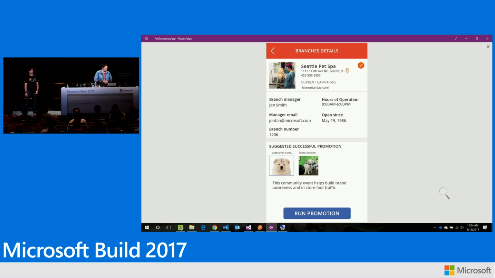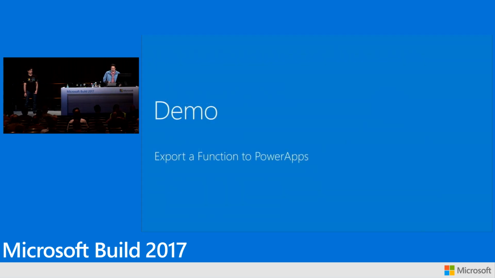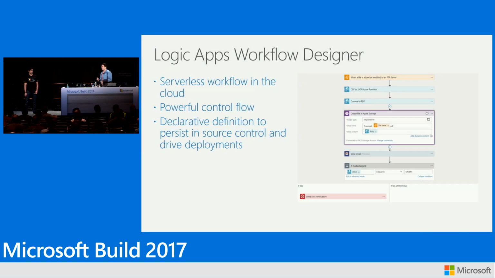So now with that, I'm going to transition over and talk a little bit about one more piece of technology, which is Azure Logic Apps. So Azure Logic Apps, if you remember back from Eduardo's first slide, is the second core piece of our serverless platform. And what Azure Logic Apps lets you do, instead of pasting in or writing code like Eduardo did, is run workflows using serverless. So it's serverless in the same way that you only pay for what you use. It will scale up to as many workflows as you need to execute, and there are no servers involved.